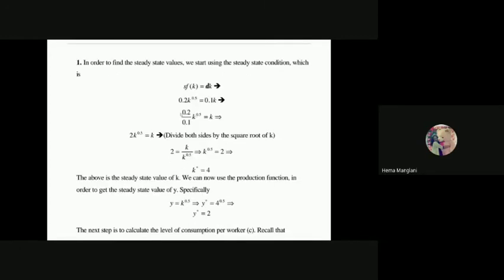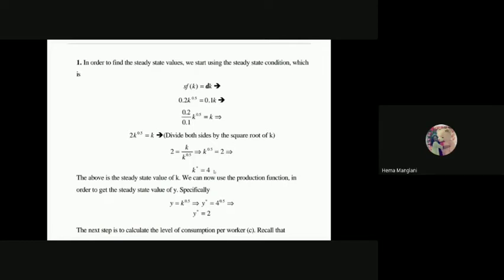So you have all these values, and you have substituted all of them. So you got exactly the value of this k. Small k will be 2 k power 0.5. And then you can simplify it, which gives us the value of k star, equal to 4. This k star is your steady state capital per worker. So that is my k star value.